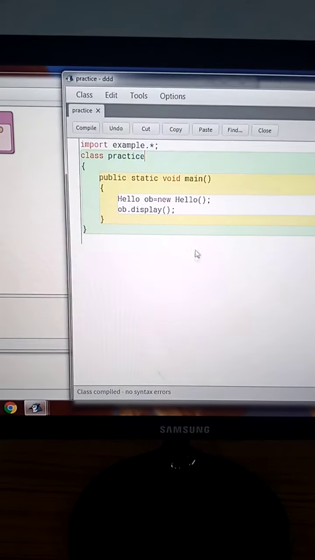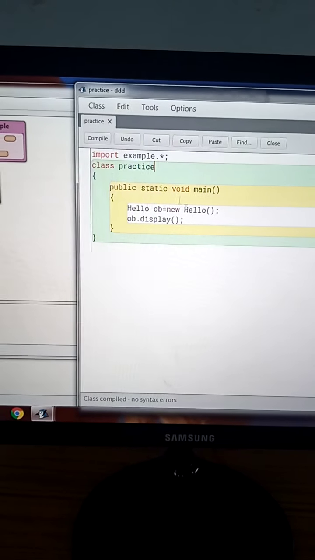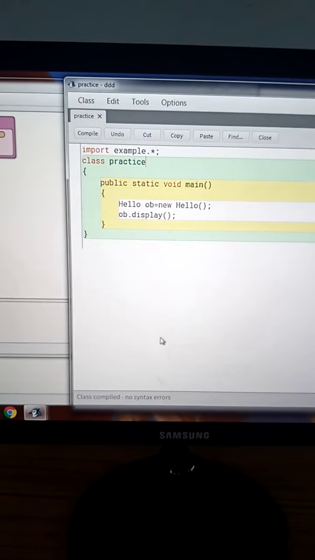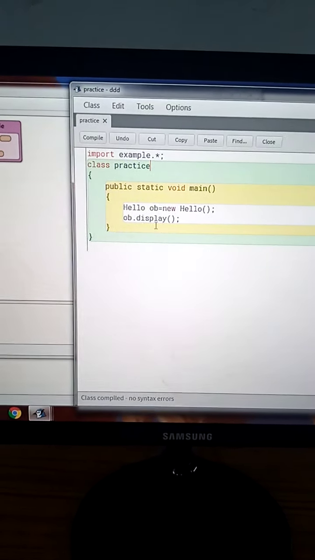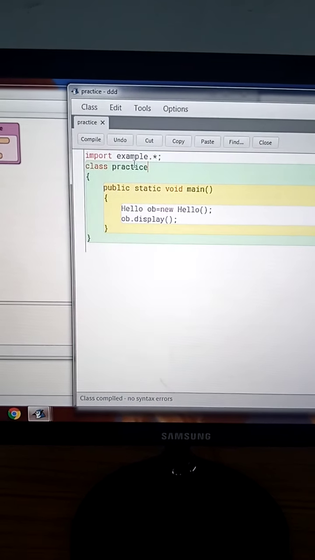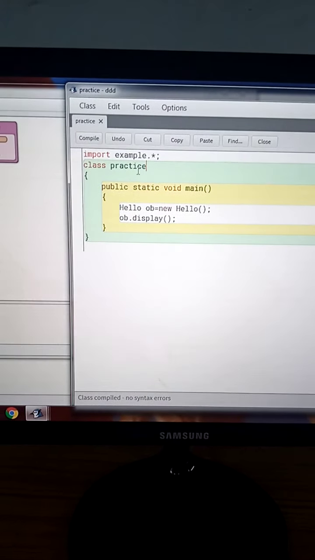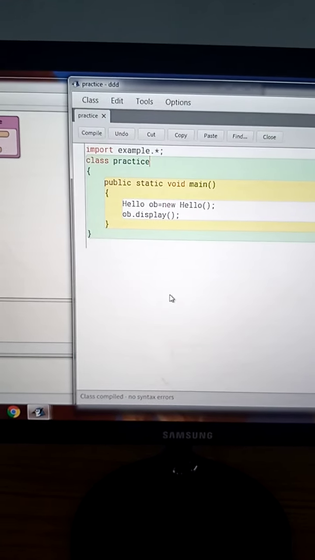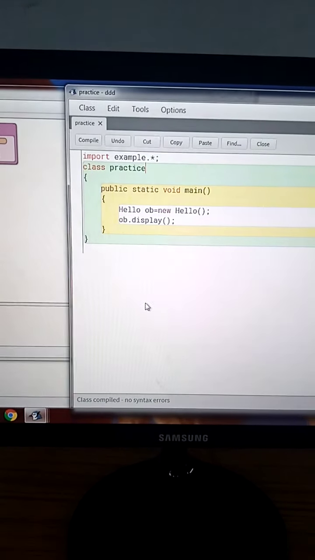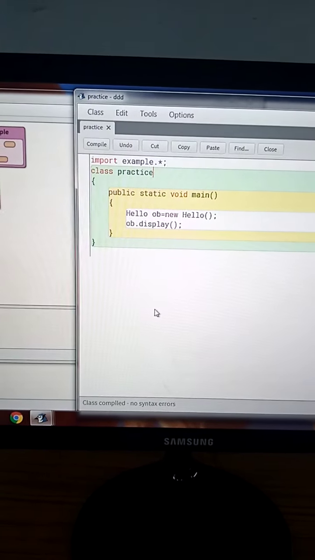This method and class is not written in this program anywhere, as this method is in the class hello and the hello class is in package example we created before this. So this is a program to show how to use a package you created under the BlueJ environment platform.